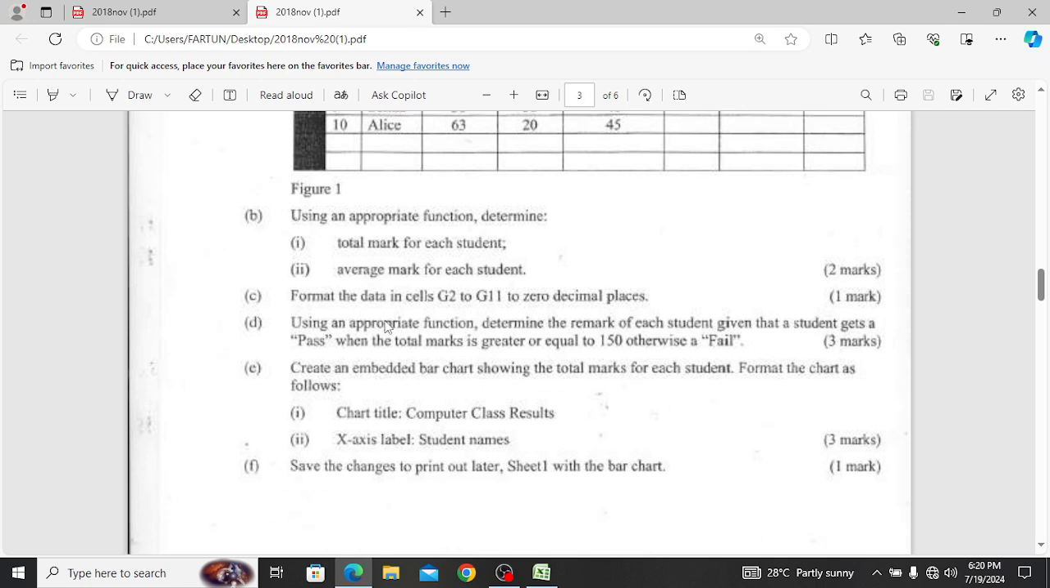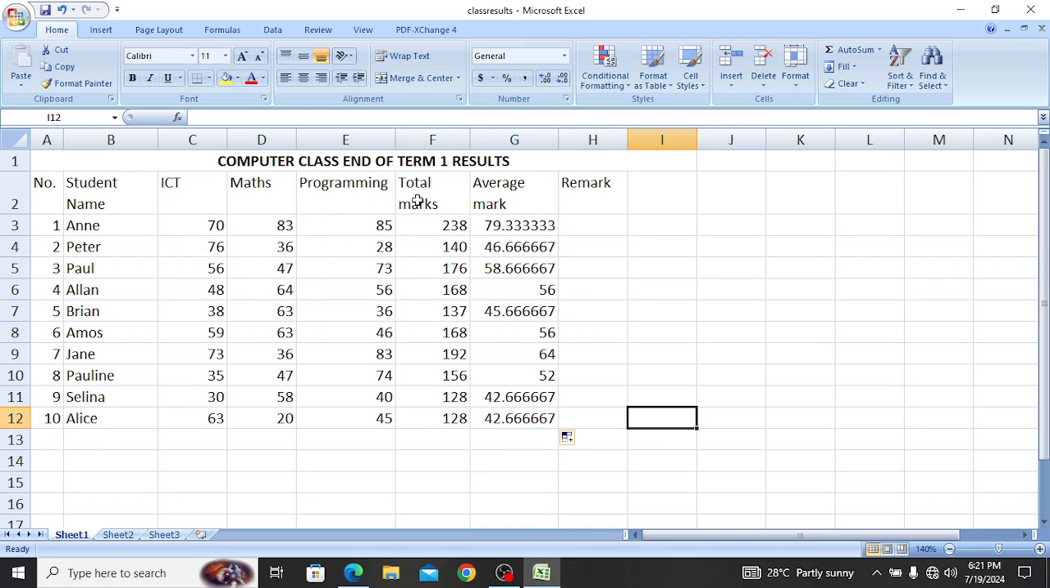Question C, you are asked, format the data in cells G2 to G11 to 0 decimal places. So we need to format to 0 decimal places. Sawa, G2 to G11. Now let's highlight G2 to G11. As you can see, G2 to G11 paka hapo. Sawa, G2 to G11. Sasa then tuna